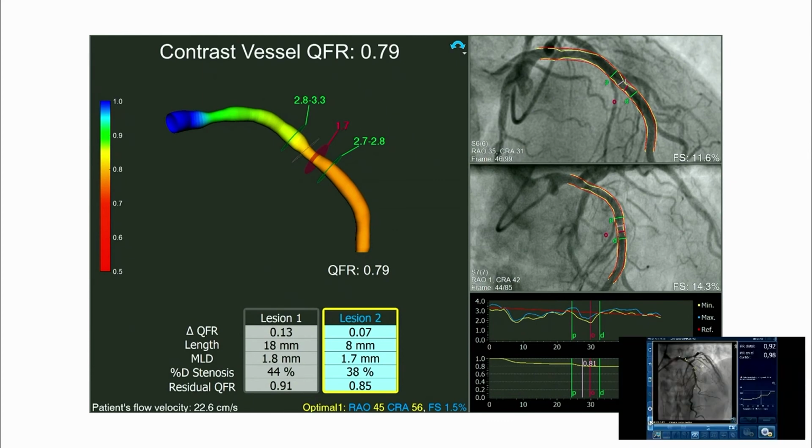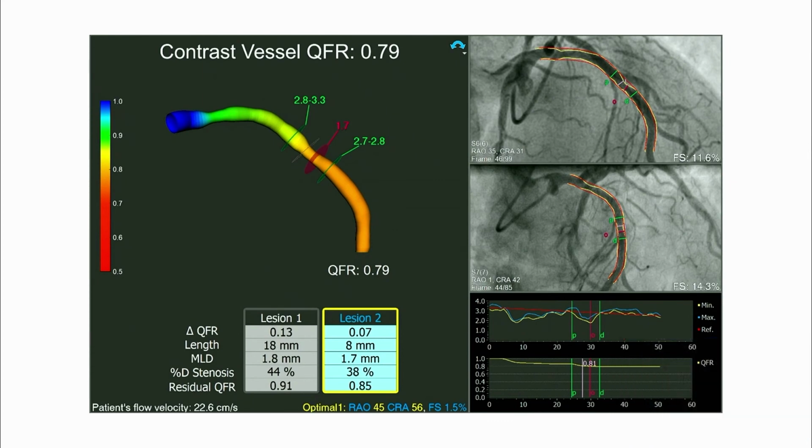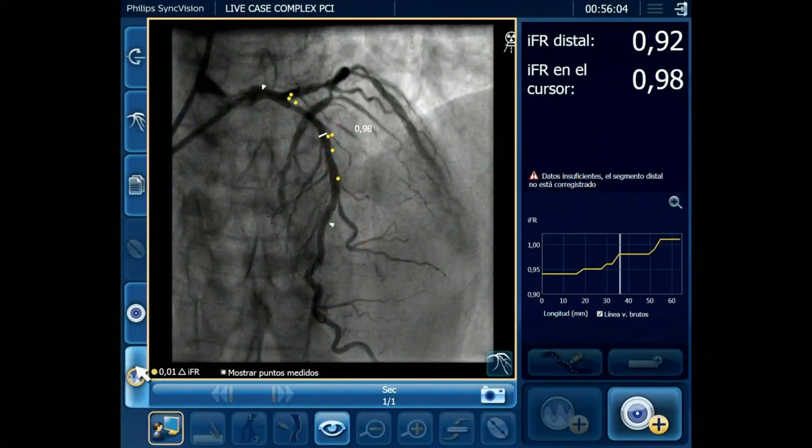Okay, I will do it. Don't worry. Yeah, the iFR measurement. So this is the iFR measurement, the co-registration in the LAD. And as you can see, it confirms that actually the stenosis in the LAD is not significant. I'm measuring now, Hernan, we are placing the measurement distal to all this diffuse disease that is here, and it does not reach hemodynamic significance. Typically, in the LAD,